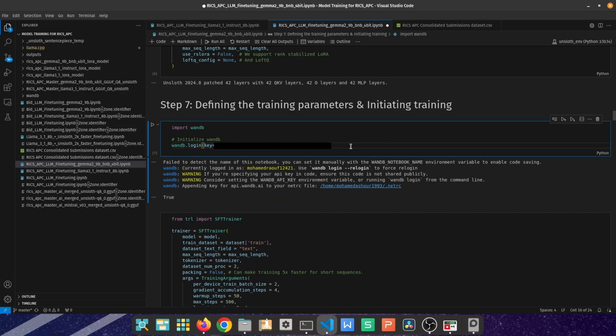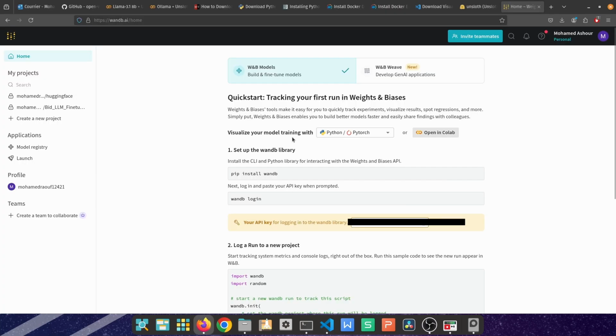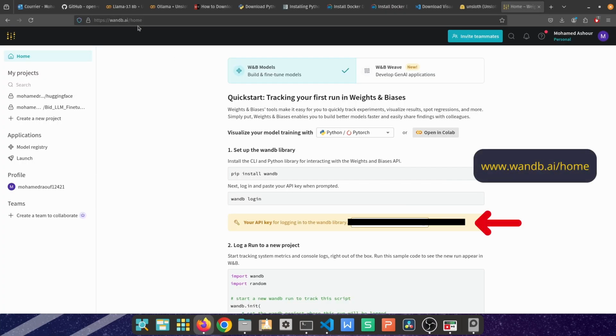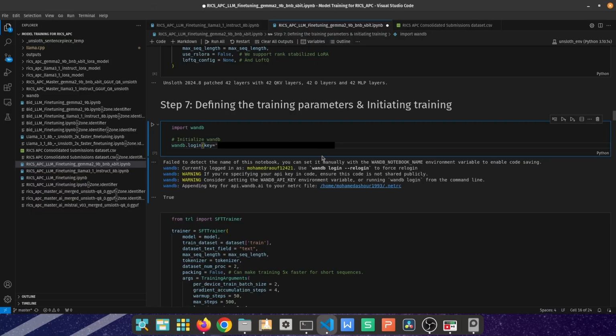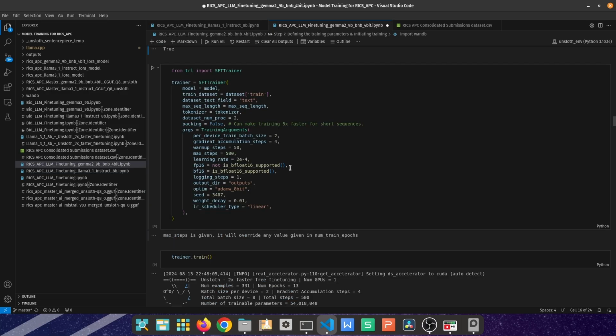Before we do that, you have to have a key from Weights and Biases. In order to do that, you can go to the weightsandbiases.ai website /home and create an account. It's going to provide you with the API key, which allows you to connect to Weights and Biases. It was free, but I think for commercial purposes it might not be free. So I've used weightsandbiases.login and then the key itself, and then here I've specified some of the arguments that are required for the